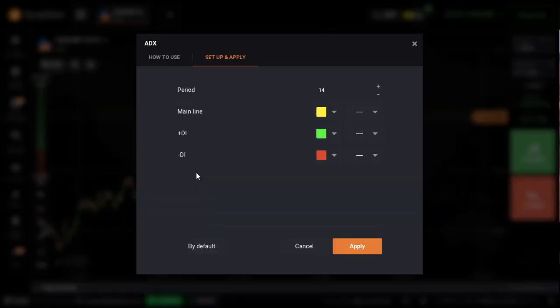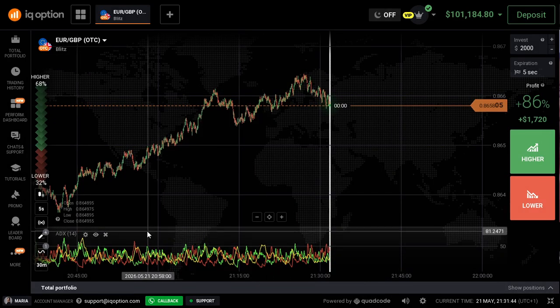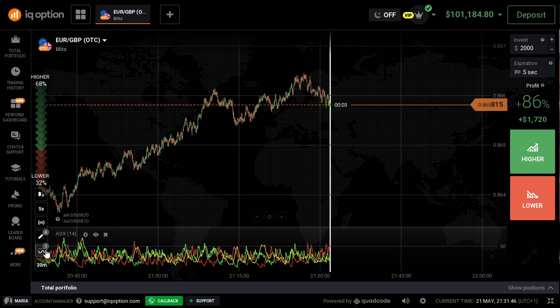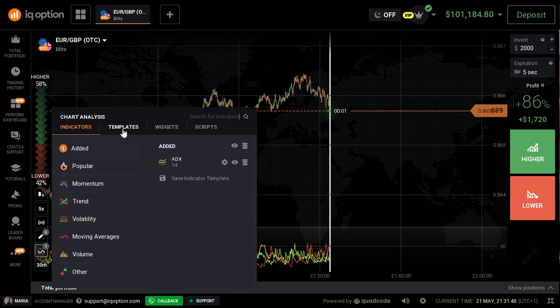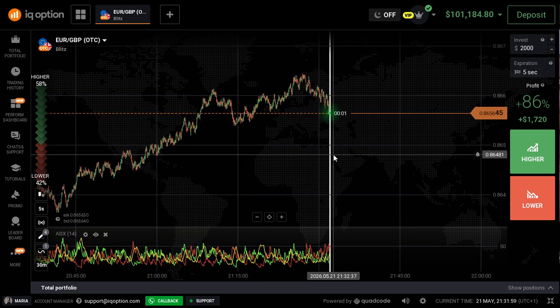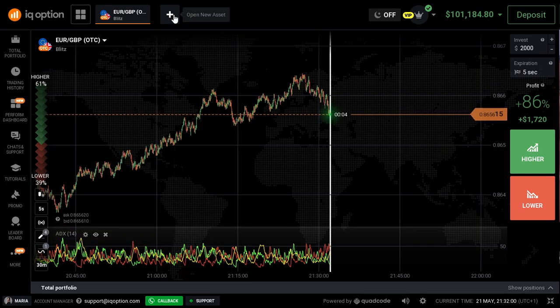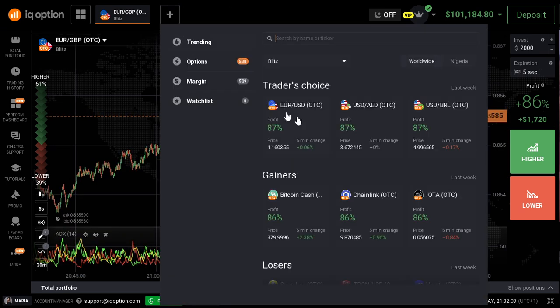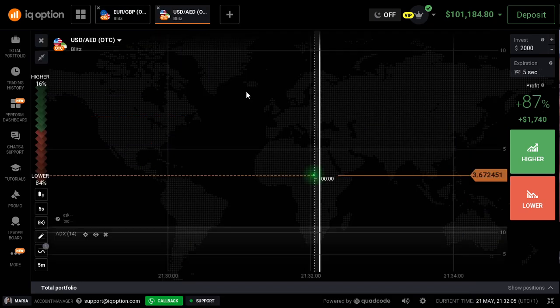Let me give an example. I'm putting this indicator and I have to save it. So I'll come over to this end right here, and you can see save. So you can write the name, star, then save. So anytime I want to look for any other currency pair anywhere,